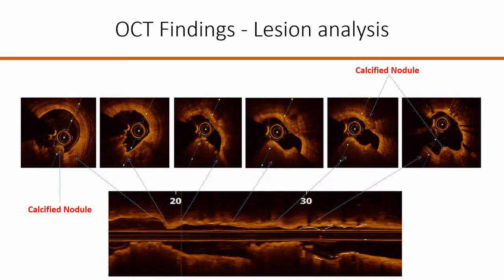These are the pre-PCI OCT findings with lesion analysis, which revealed very interesting findings. The hazy zones distally are caused by an admixture of white and red thrombi, and the proximal haziness, distal to the mid-segment stent, shows at the 6 o'clock position a protruding calcific nodule, and at the 2 o'clock position an eruptive superficial calcific nodule with a spicule. That explains the mechanism why we found difficulties in OCT negotiation and balloon ruptures.